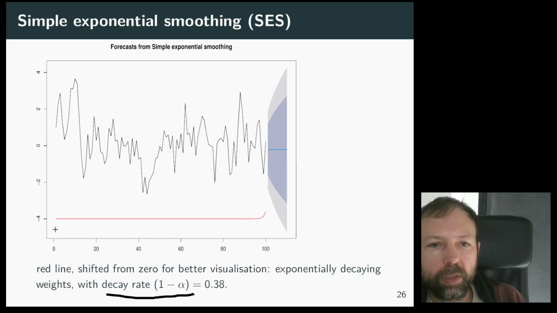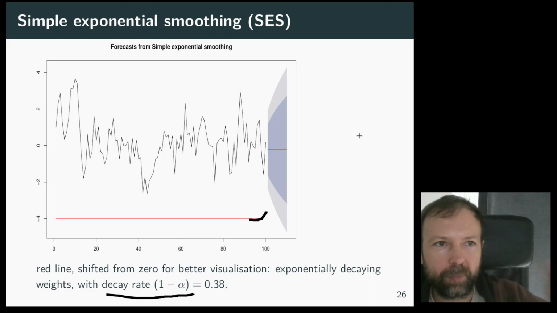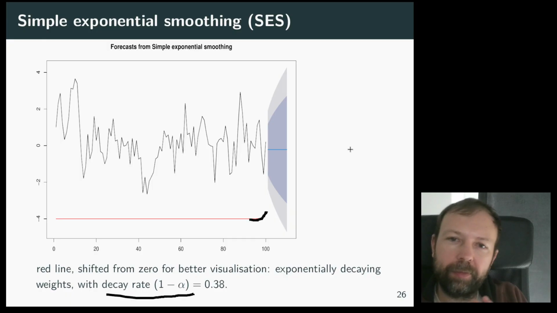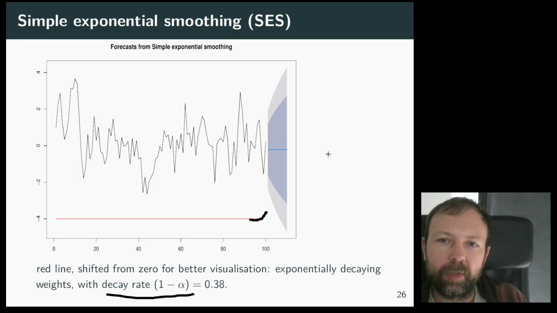And so what you see here now, I've shown you here this red line. I've shifted it down from the 0 so that you can see it, and you see here this exponential decay in the weight that these subsequent observations are given. So the further you go back in time, the less important is the observation